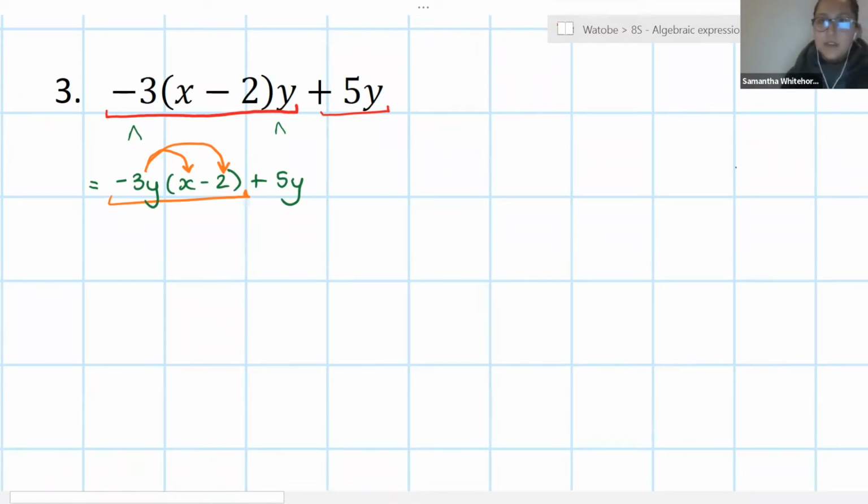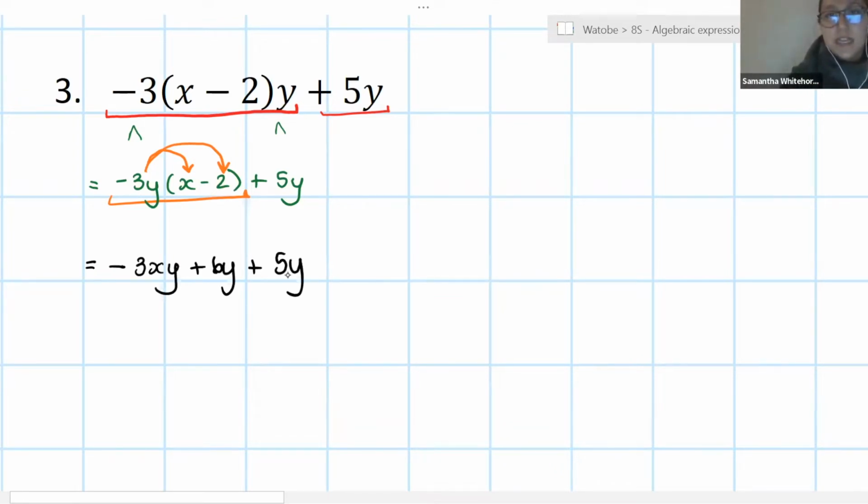Okay, Ayanda, you're going to tell me what this answer is here. Hi, ma'am. It is going to be negative xy and 6y plus 5y. Perfect. Good, well done. Okay, so guys, when we multiply the negative 3y into the bracket,